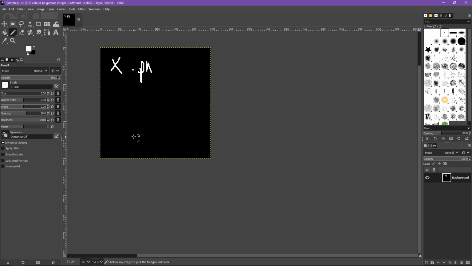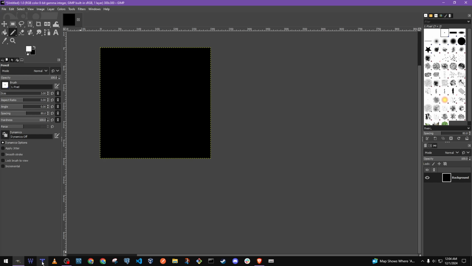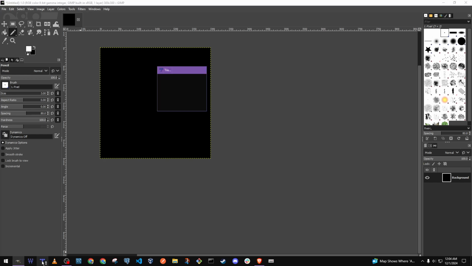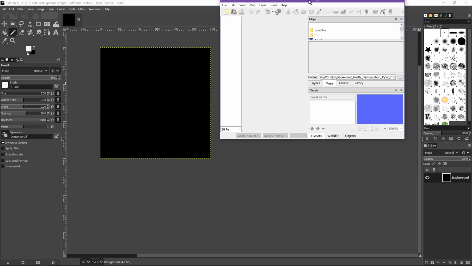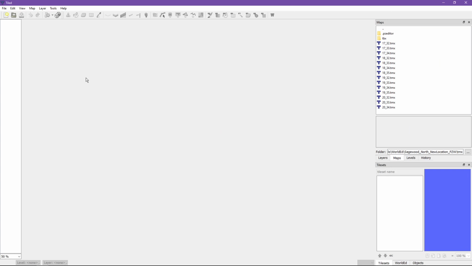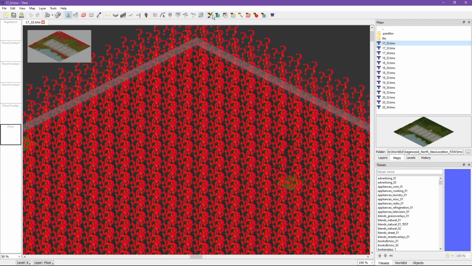Cool. So that's enough explanation. Let's get down to it. So where am I going to get these base map colors? There's two places. One is going to be in that tile editor. You can open it if you want. Once you have, you're going to need a new program, which is why I'm not going to really use it. If I open something that I already have,